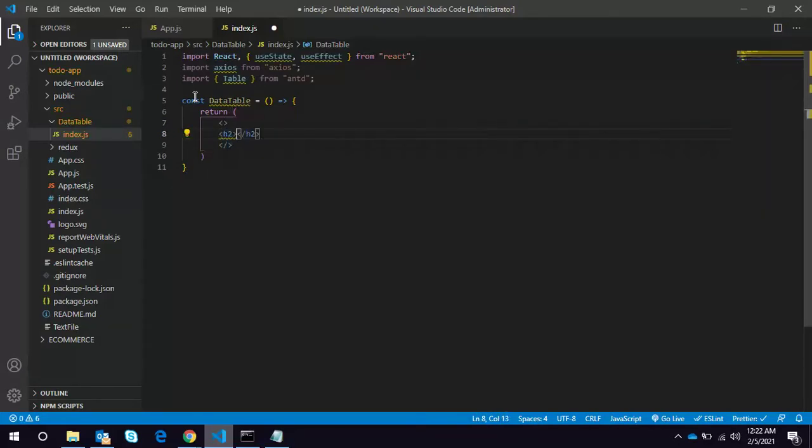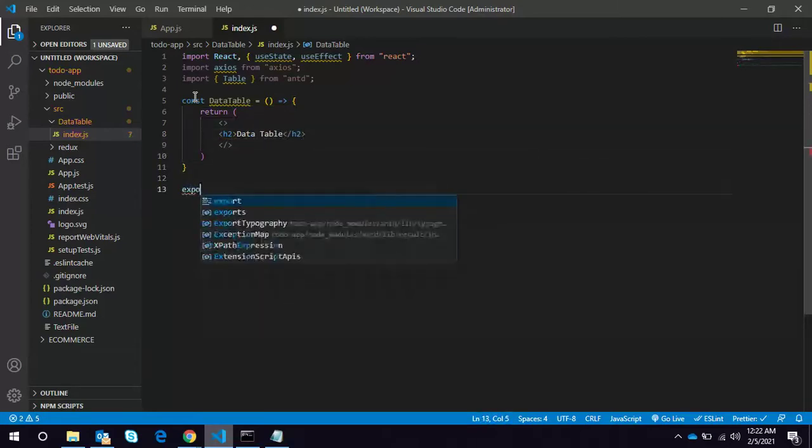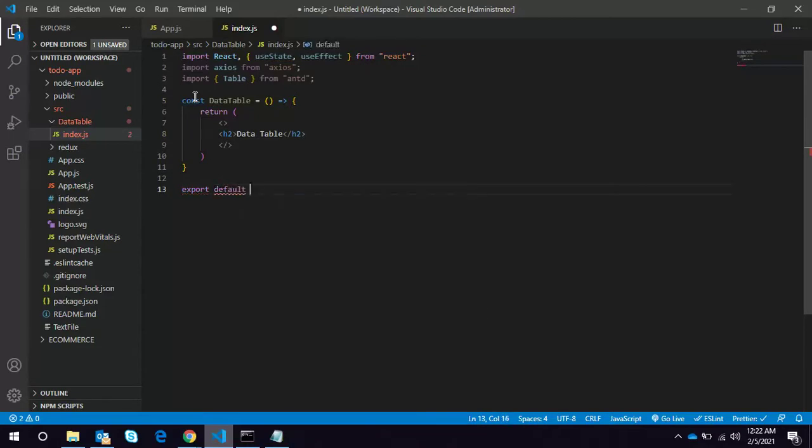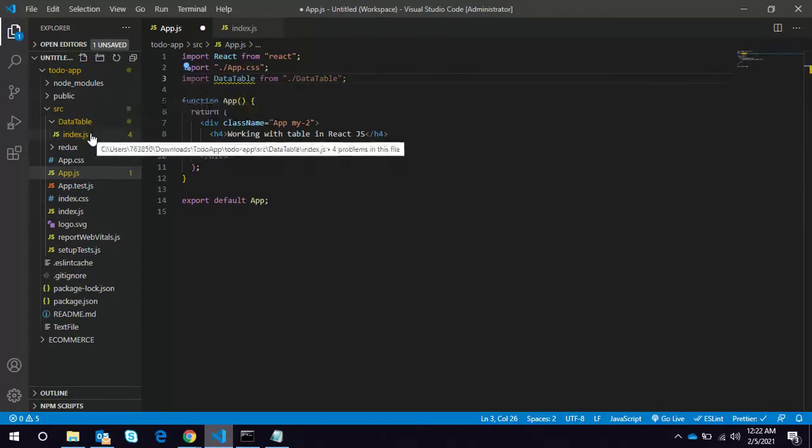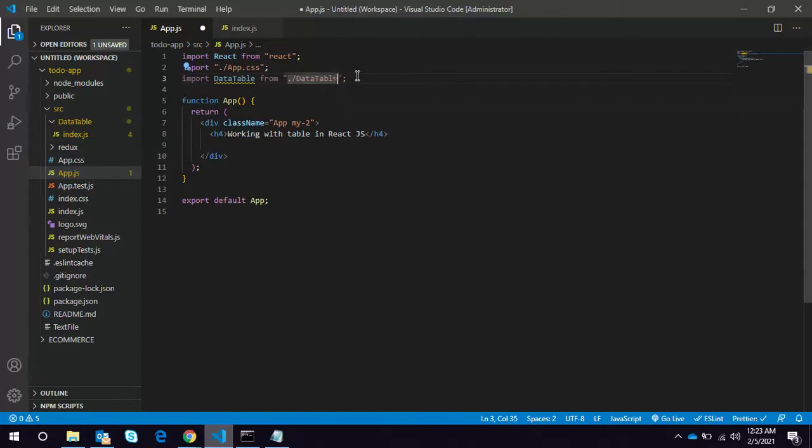Let's first see whether it is imported or not. Data table. Now here I will just uncomment it. Since I use an index.js file, you don't need to provide the index.js extension.